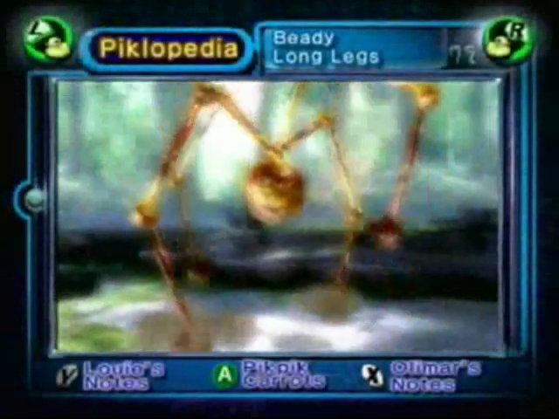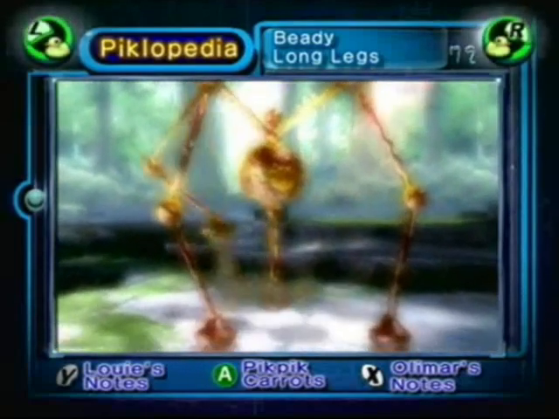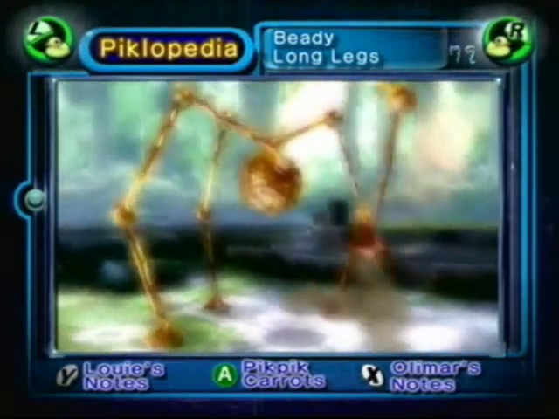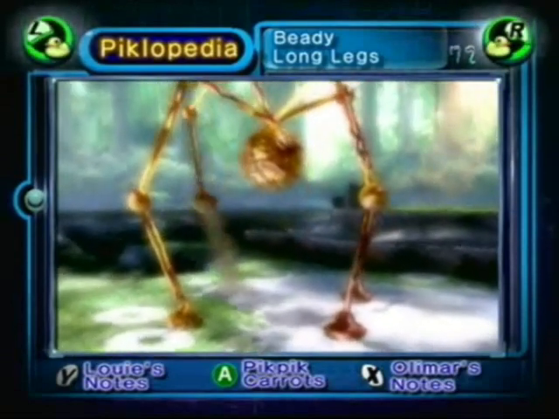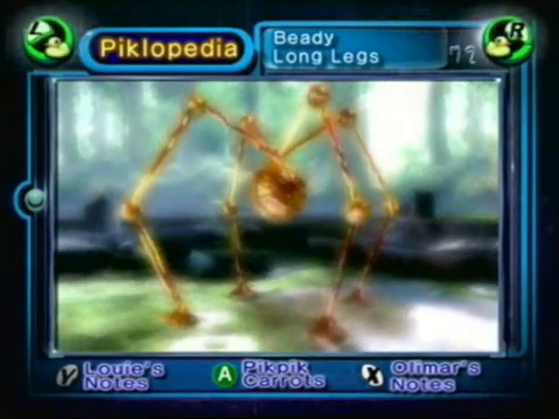Thanks. And this is Beady Longlegs, today's creature of the day. Yeah, this thing, it's not really all that threatening. You just gotta watch out, because Pikmin have a strange attraction for its feet, which, of course, will squish them if they're unlucky. Other than that, this thing doesn't really do anything. It's basically...